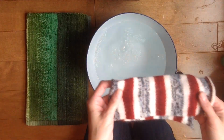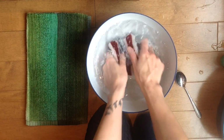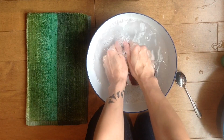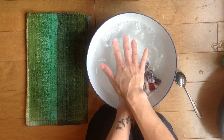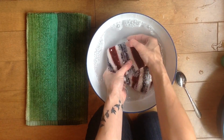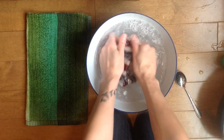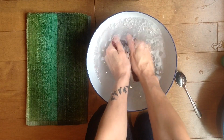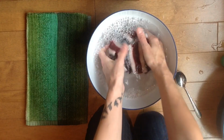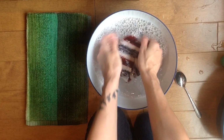And here I have some red and white self-striping yarn, and you want to avoid it sitting in the water for too long. If you do get a little amount of color loss into your water, that's completely normal, but you don't want it to sit in the water so that the white absorbs any of the red dye that might bleed out. If you do get a little bit of color loss, that will stop with subsequent washes. So you just want to gently squeeze